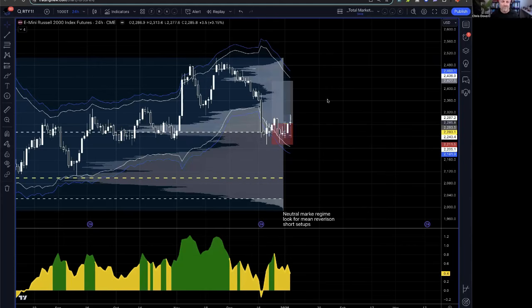So the first thing we need to understand about the Russell 2000 is it's an index of the 2000 best performing small caps in the public markets. And unlike the S&P 500 or Nasdaq, which are big cap indexes, if a company is successful in this Russell environment, it actually leaves the Russell and ends up going into the S&P or Nasdaq. So it's constantly kicking out the good ones and bringing in replacements, potentials that